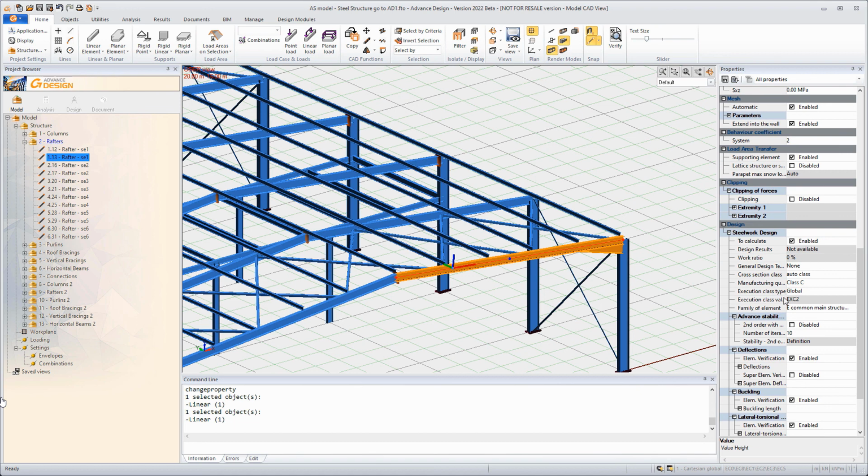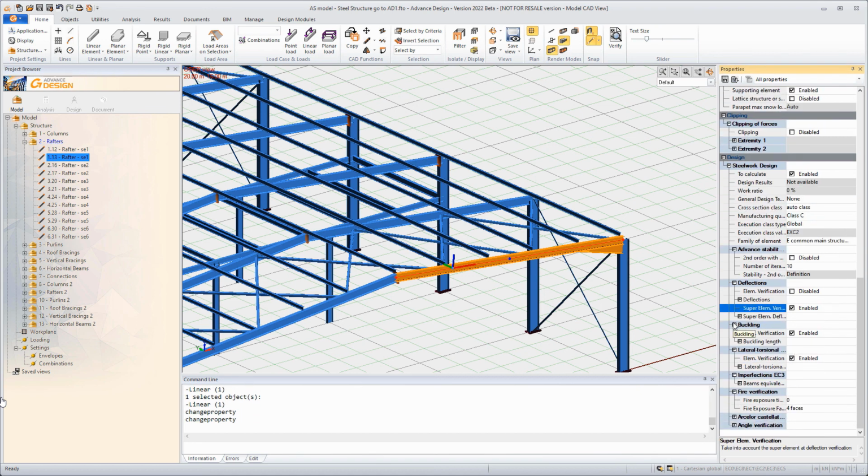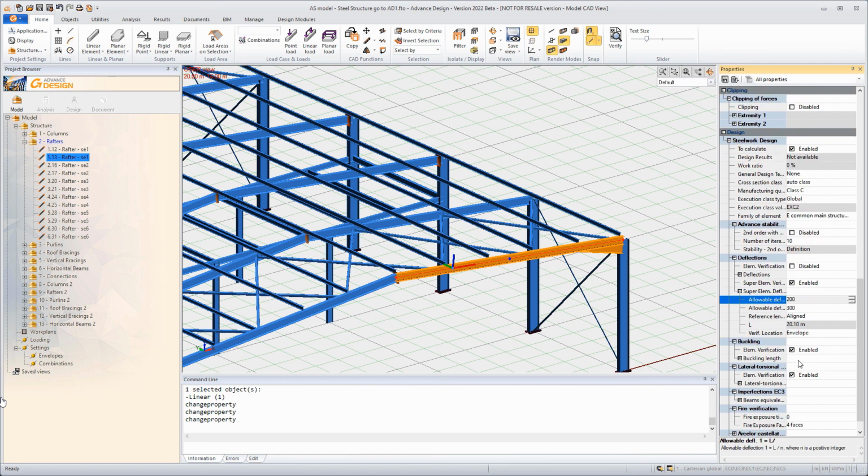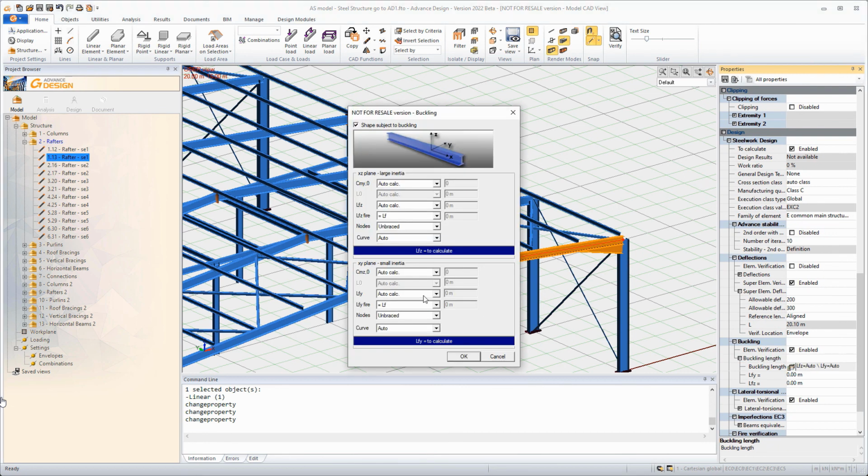So the property template is a way to propagate information, meaning that you can fully configure one rafter regarding some properties like, as here, buckling, deflection, lateral buckling, and so on.